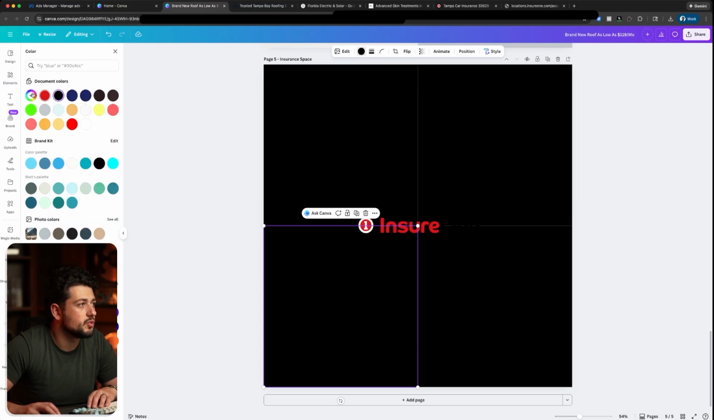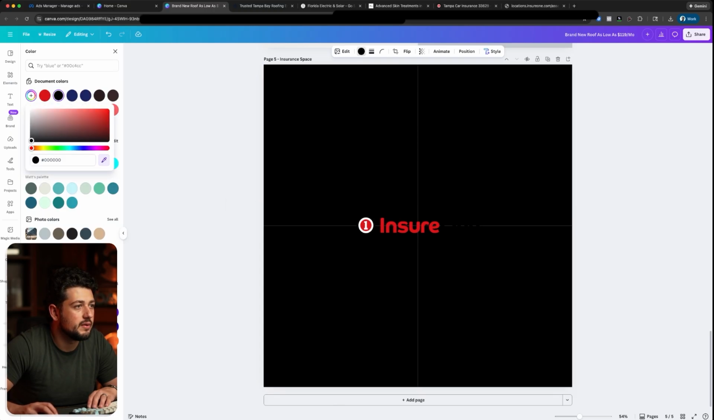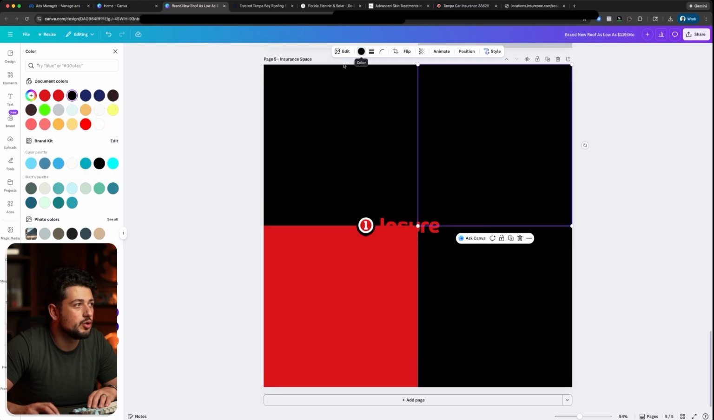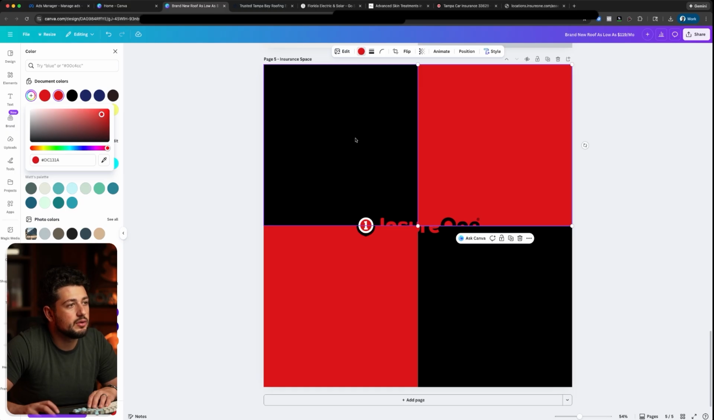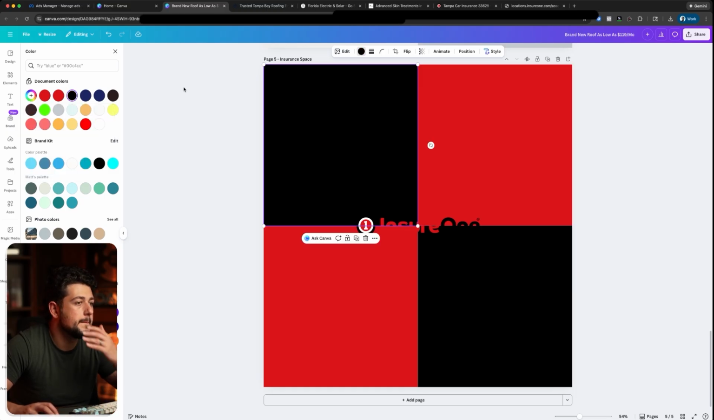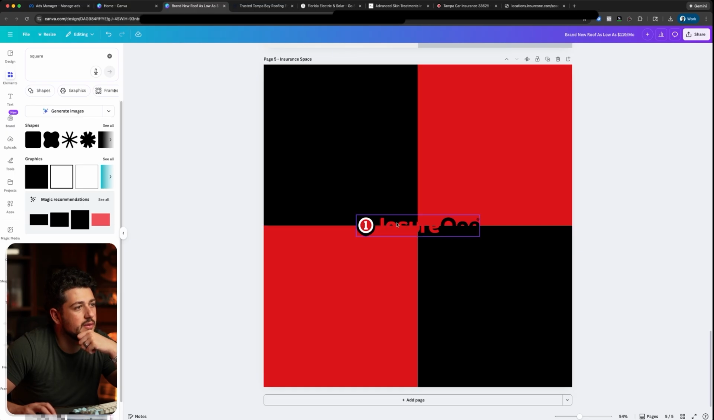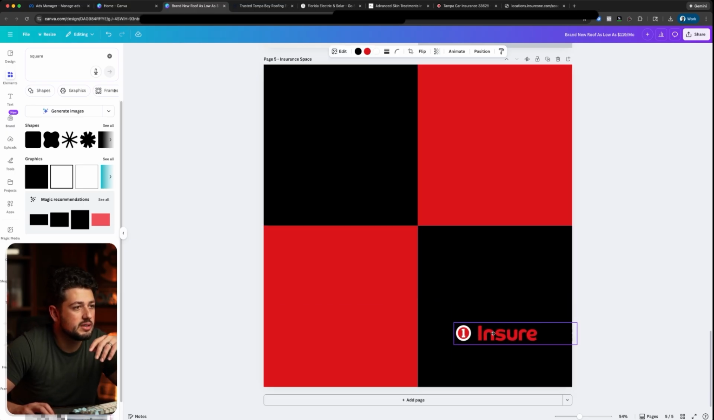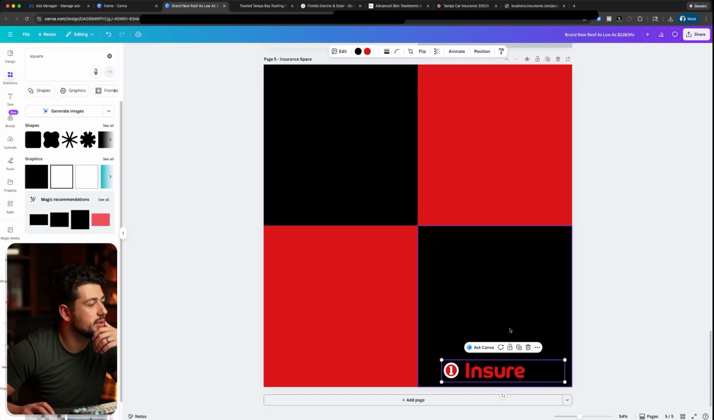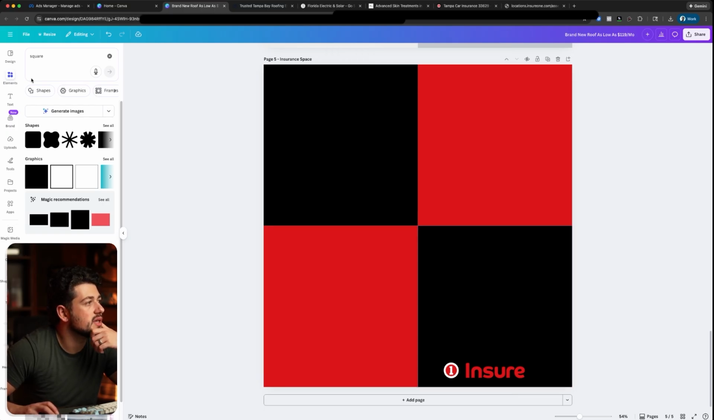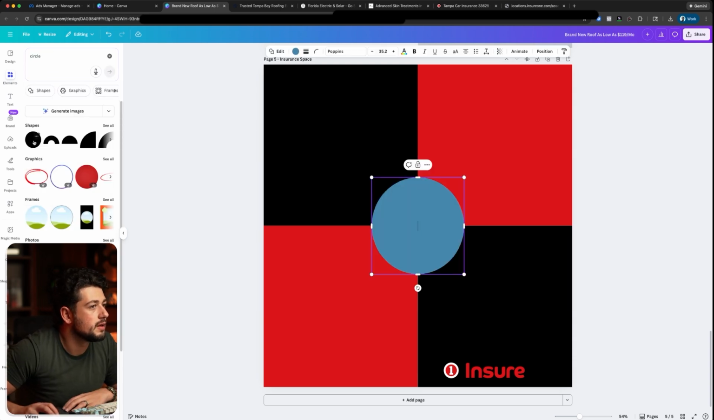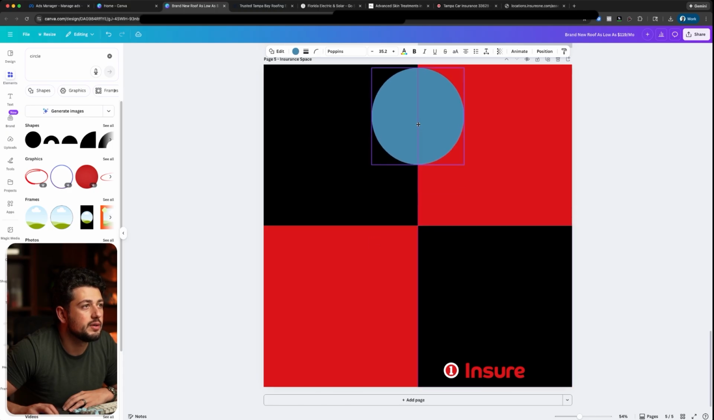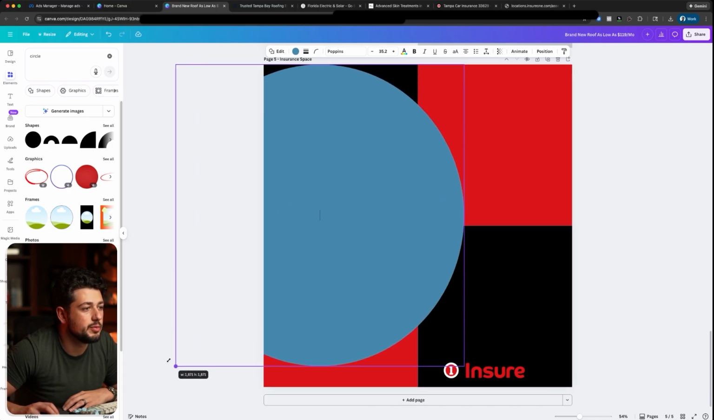So first thing we're going to do is we're going to grab that same red. We're going to also make this one that same exact red. And the other two, we can keep them black actually. That's fine. And I'm going to drag this here just for simplicity. And then I'm going to be adding a circle. Okay. So this circle right here is going to be full screen